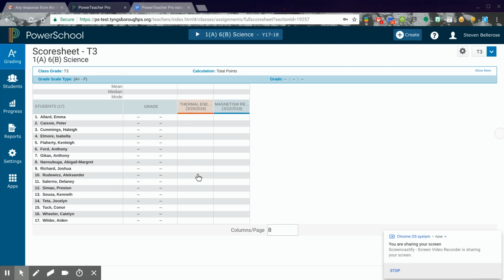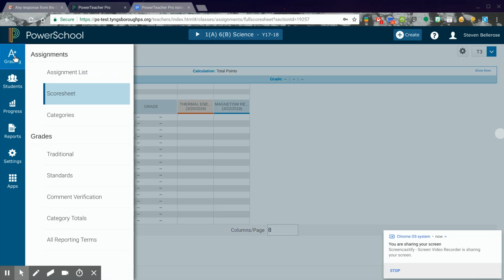Here are your assignments. Kind of a funky icon thing going on here. The grades would be here. Obviously, there's no grades calculated yet, but that's the traditional one that we've all been used to. So if we go back to the assignment list,